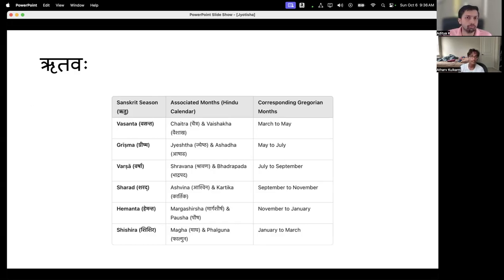Okay. One last thing. So if anybody wants to buy books or if they're interested, the main books are Bruhat Jataka, Bruhat Parashara Hora Shastra, Jataka Kalanidhi, and Jataka Chandrika. There are probably 20 or 30 books. If you try to read all of them, you'll get very, very confused. So always go to Bruhat Jataka or Laghu Jataka. Those are the two books that are the primary and advanced. The great thing about those books is they are used by people who are just learning astrology. They are also used by someone who has mastered astrology and who has been practicing for the past 40 or 50 years. The books are the same.